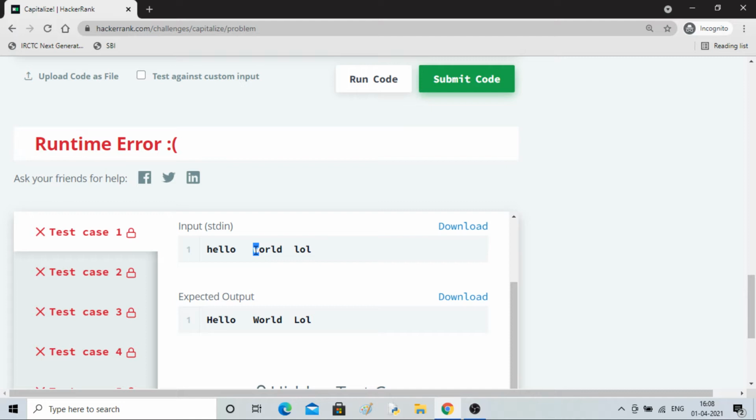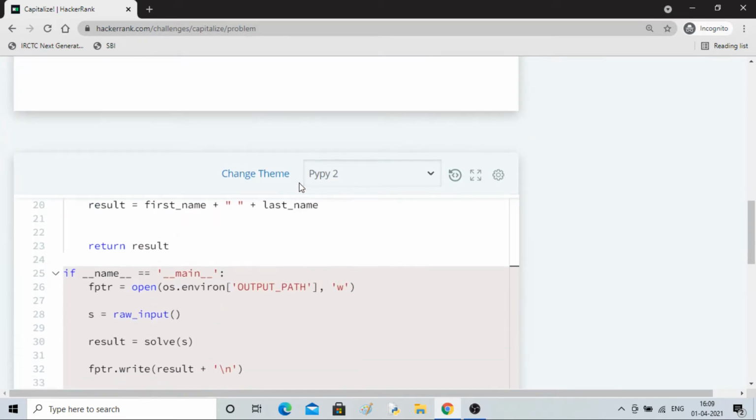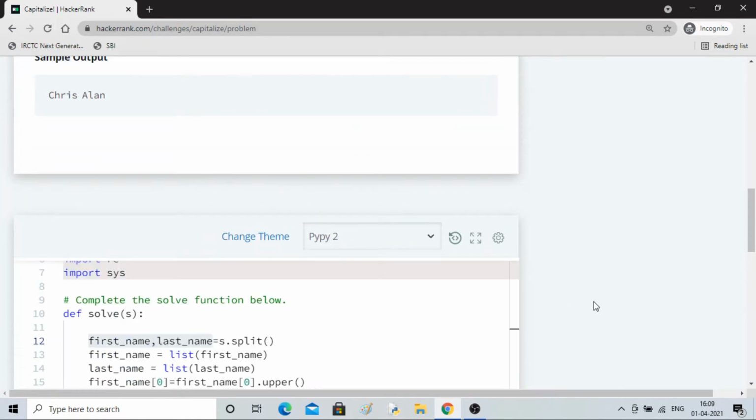If there is an alphanumeric character next to it, it will capitalize, and it will do so every time. So if there is a space and the next term is an alphabet, then it will capitalize it, else it will keep on appending the same string. Okay, I'll just do it so that you will get a feel.